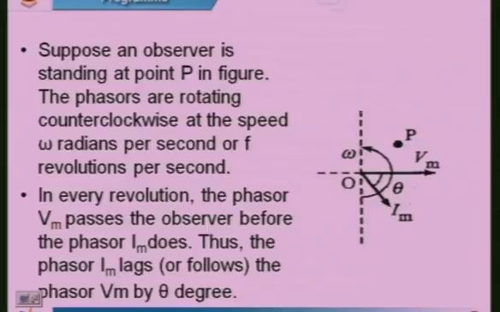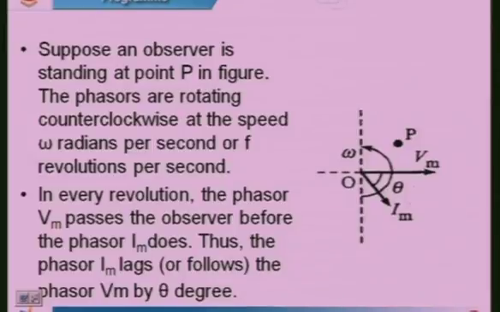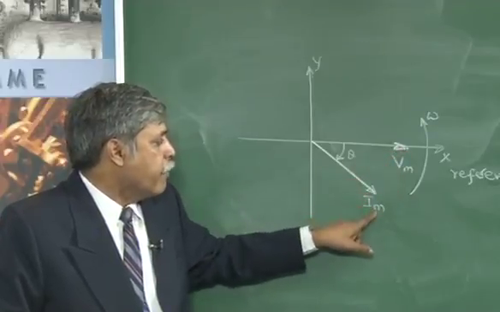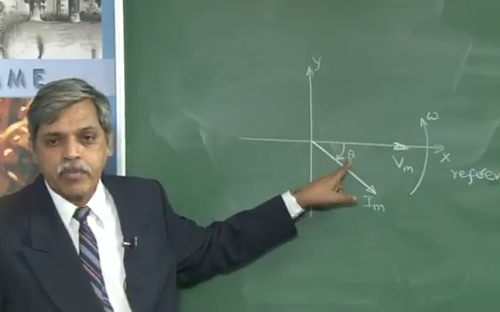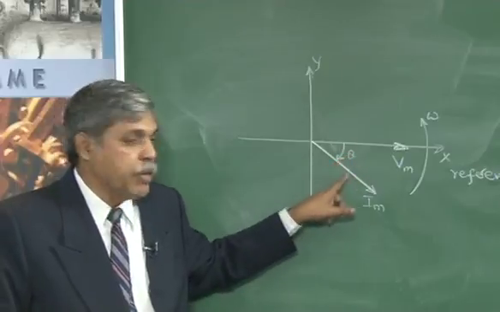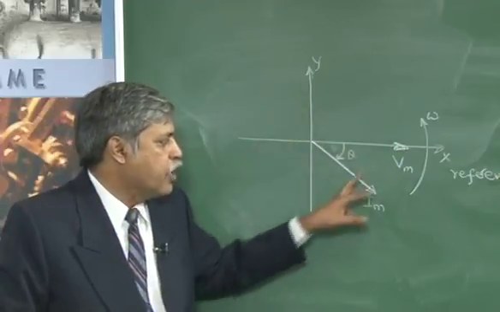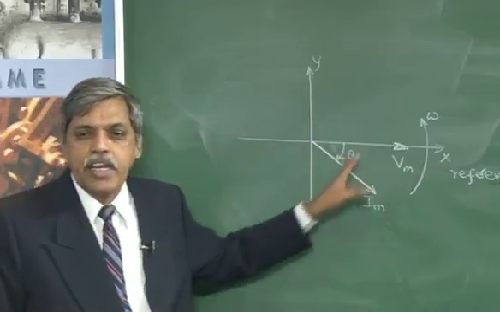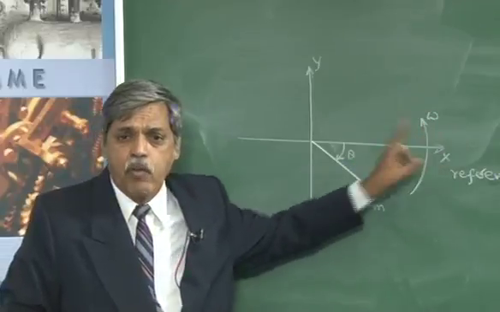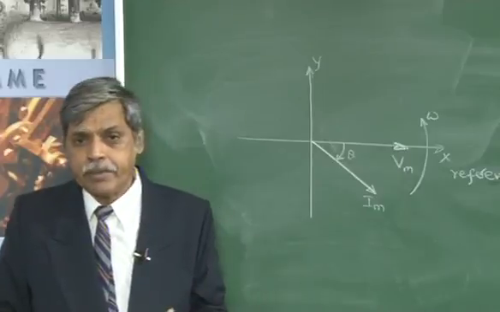I will show you a phasor diagram here. This is the same phasor diagram I had shown you previously. Now here the phase difference between the voltage and current is the angular difference we get, okay. Here, with respect to the reference, the current Im has a phase angle difference of theta with respect to the voltage. This theta will remain the same for the complete rotation of these two phasors in the coordinate system, okay. So as long as the voltage and current are rotated at the same angular velocity, theta remains constant.